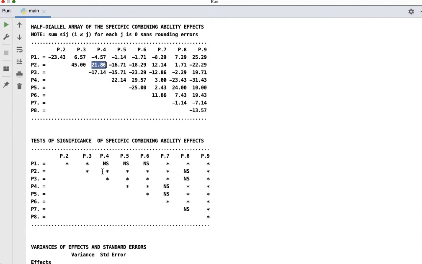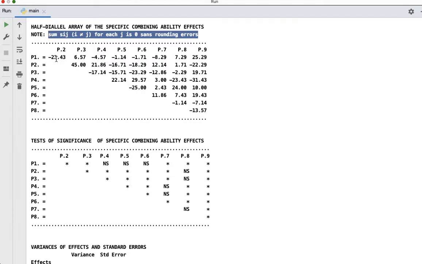Incidentally, a quick test could be done to see if the calculations of genetic effects are correct. In principle, the sum of the GCA effects of parent lines should be equal to 0, without rounding errors. Likewise, the sum of the SCA effects of each parent should also be 0.